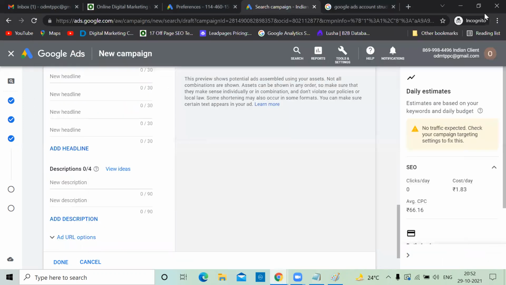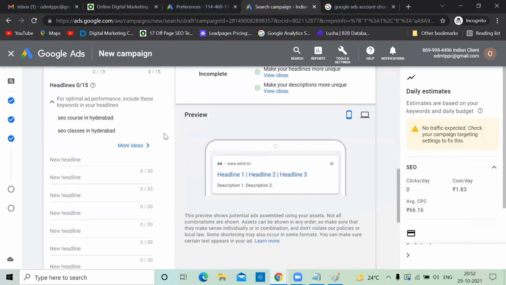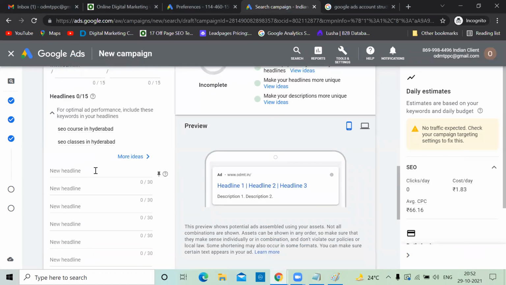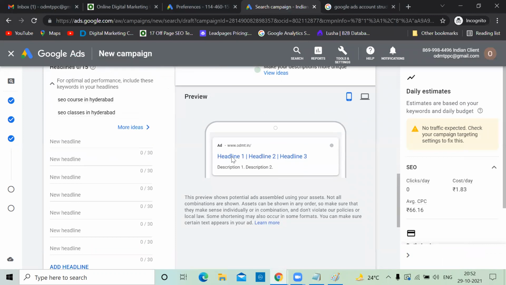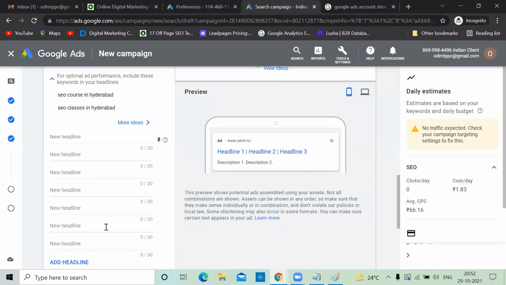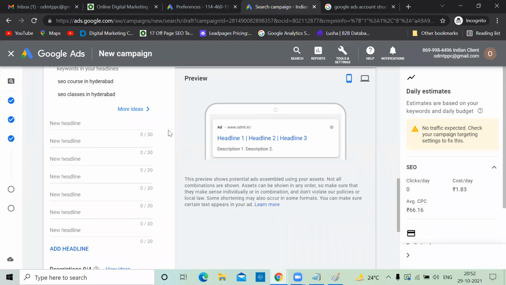But Google has come up with new options these days. These are called responsive ads. Only two headlines will appear, but if you want, you can give n number of headlines. Google automatically might take first 2 or last 2 or jumble them. The best performing headlines, they will experiment. That's why you should give different versions of the headline.